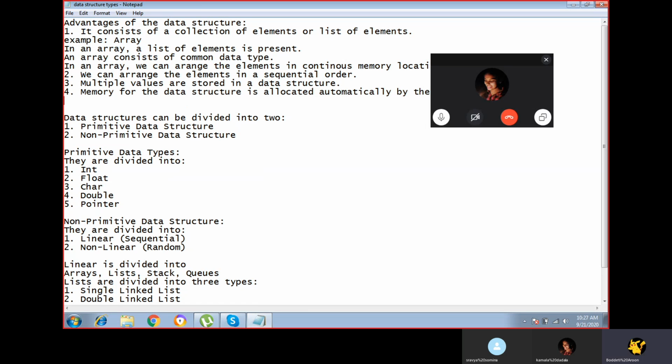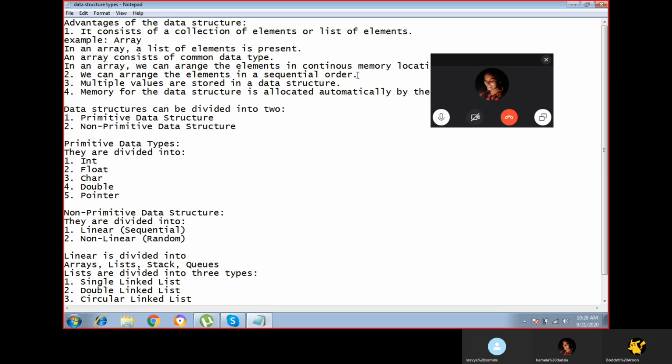So we can allocate the memory automatically by the system. The system itself allocates the memory. That is the fourth advantage. So we have four advantages in a data structure.